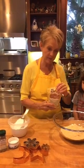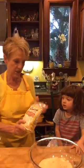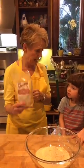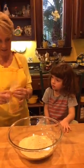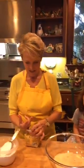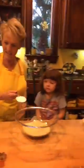The first thing we already have in the bowl is 3 cups of almond flour. All of this is just ground almonds. That's all it is. What do you think, Gracie? Do these cookies taste good when they're done in the oven? Yes, they do. Natalie says, will you ship me some? All right, 3 cups of almond flour and...